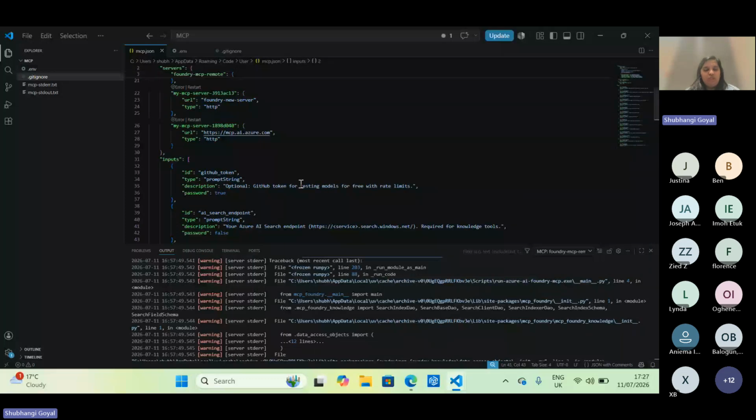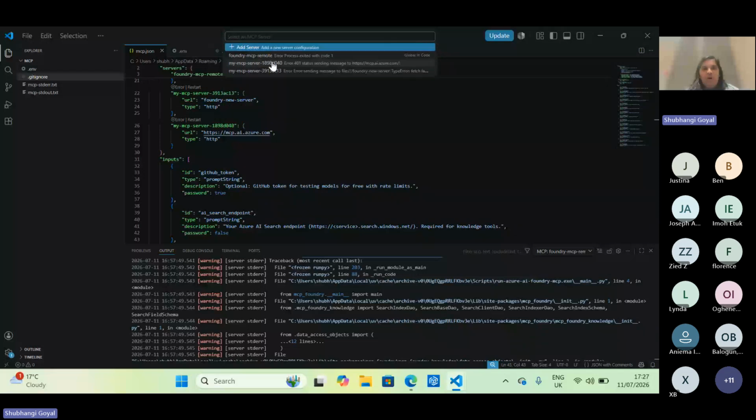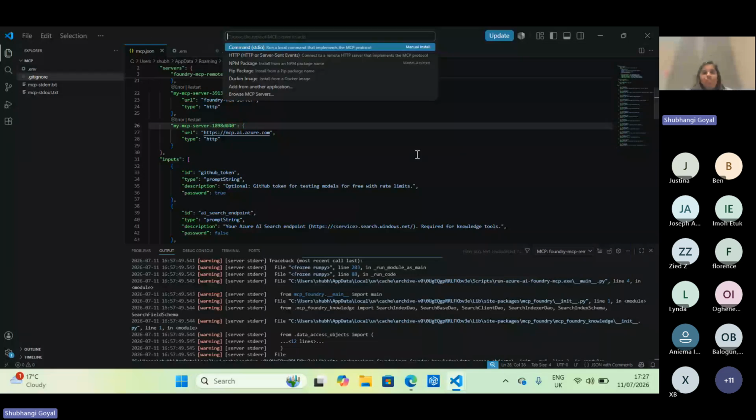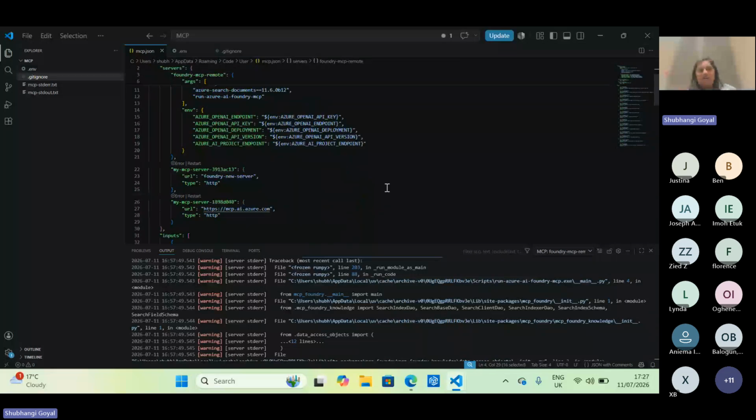And you can use Control Shift P from your keyboard, or you can also directly click here and see all these things. For example, if you want to see the list servers, I've created 3 of them, 2 of them are old and one was new. You can see all of them. Or if you want to add a new server again, you can use the same. You can see there is an option for HTTP one as well. And there is a bunch of other ones which you can also create. But we are using the STDIO one. So if you see here, there is an STDIO one which we have created. So you have to specify the type of the server that you're currently using.